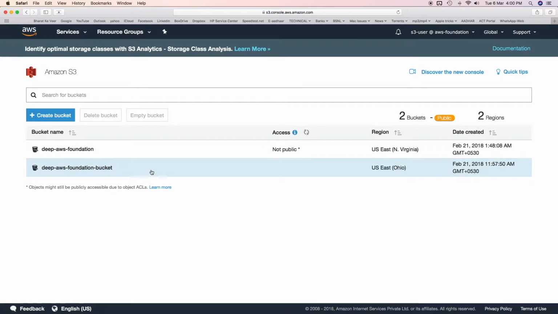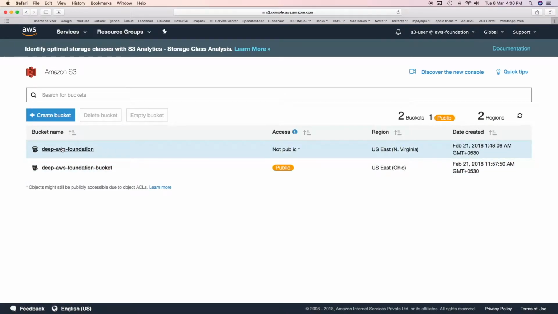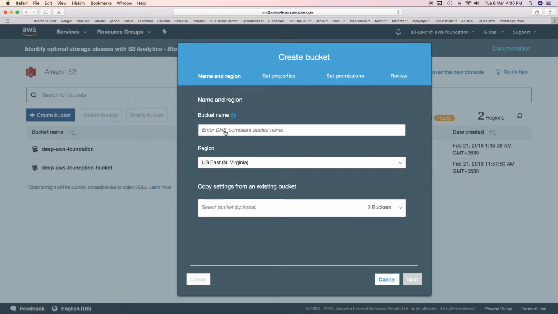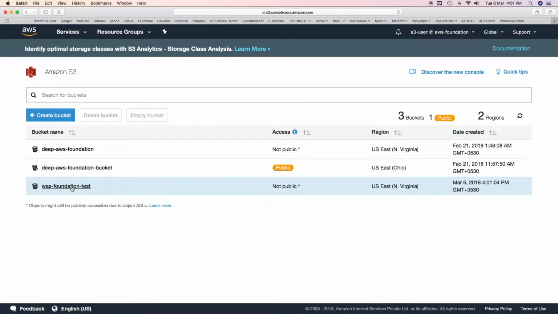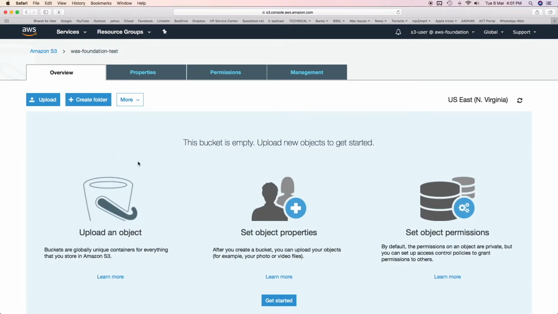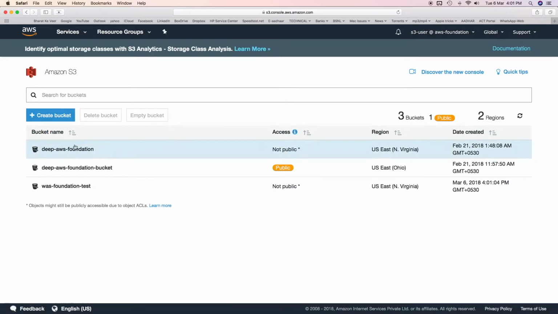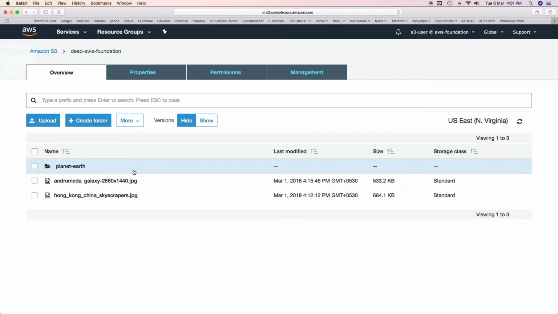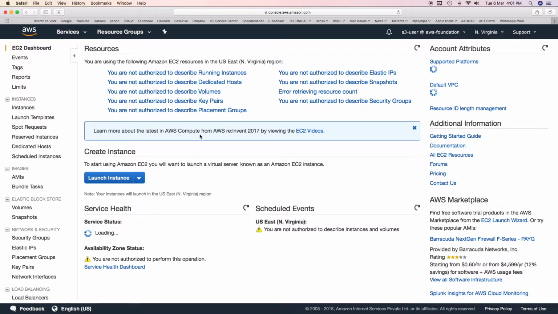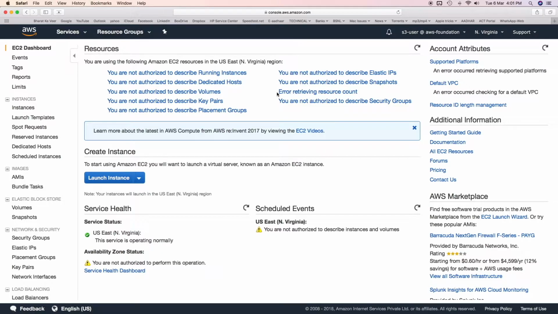Now I'll log in with S3-user, which we created just now. I'm in the S3 console with S3-user. This user can do anything. It can create a bucket also. The bucket was created. If I want, I can upload objects in the bucket too. I can remove objects, I can delete objects, etc. Let's see if S3-user is allowed to perform any action on EC2 resources. As usual, I'm not getting any access.